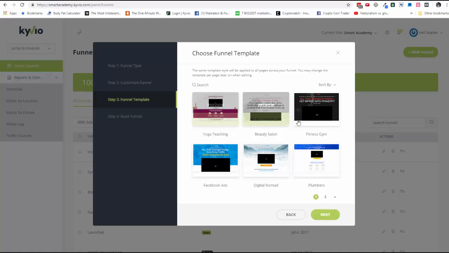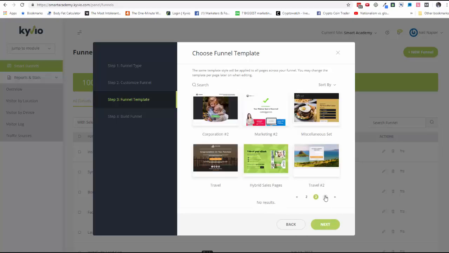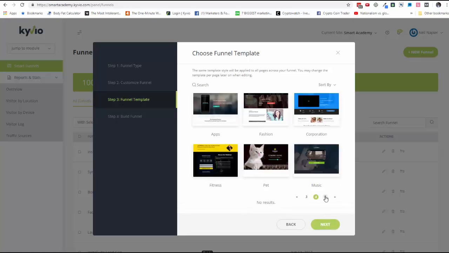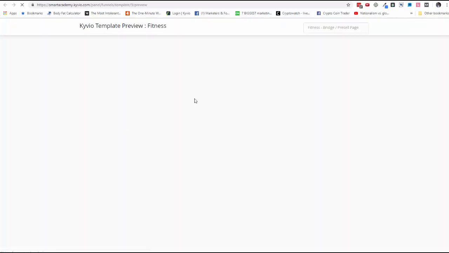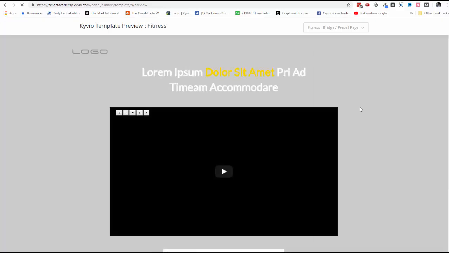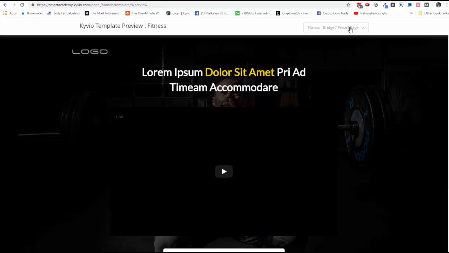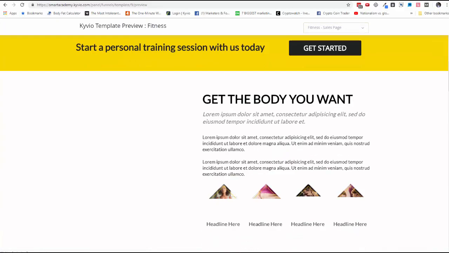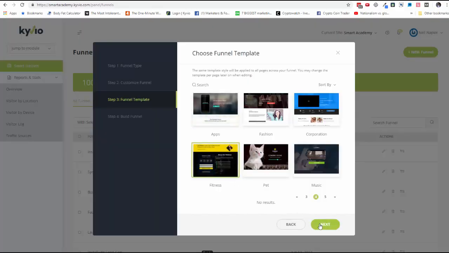Then click on next, and then you have the option to pick a funnel template. Now each of these templates comes with 10 pages under them. The different kinds of pages for webinar registration, webinar replay, sales page, opt-in page, so on and so forth. So just go through all of these and pick the one that you like the best and just run with it. So for example, if I wanted to go with fitness, I could first preview it as well. When I preview it, I can quickly see what all the pages under this look like. And if I didn't like it, I could just go and pick another one. So this is how all the pages have been laid out. So once I'm happy with it, I'm just going to go ahead and select this template and click on next